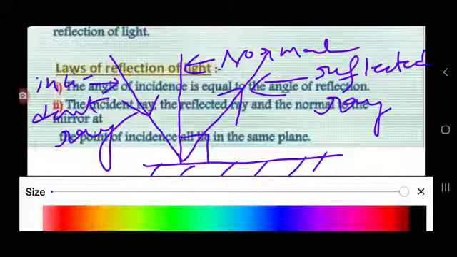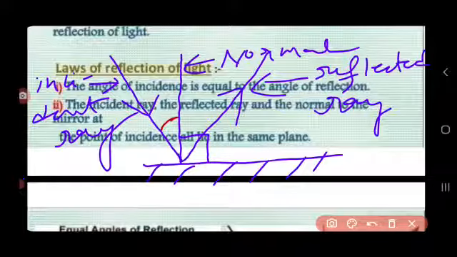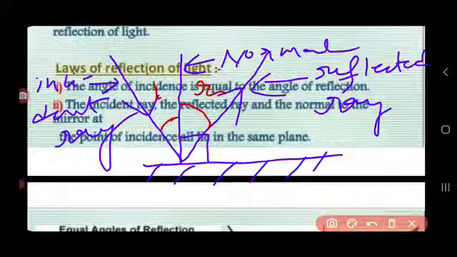See, this is the incident ray and this is the normal, and the angle made by the incident ray with the normal is this one. This angle is called angle of incidence, and angle of reflection means angle made by the reflected ray with the normal. This angle is called angle of reflection. And as per the law of reflection, angle of incidence, that is I, must be equal to angle of reflection, that is R. So angle of incidence must be equal to angle of reflection, and that is the second law